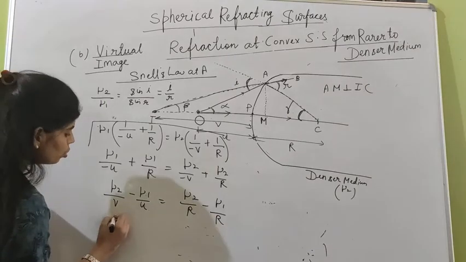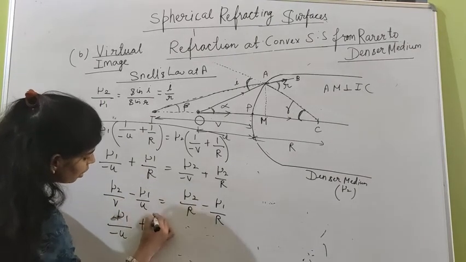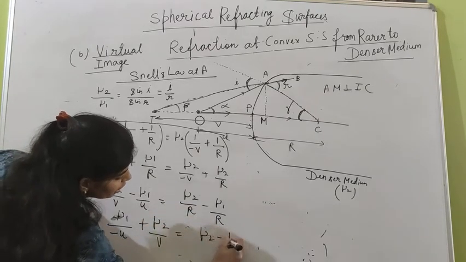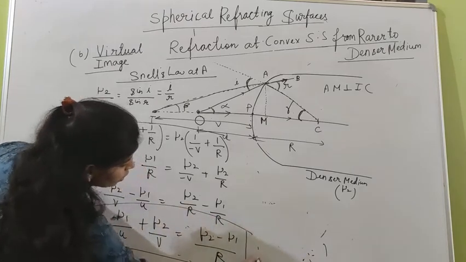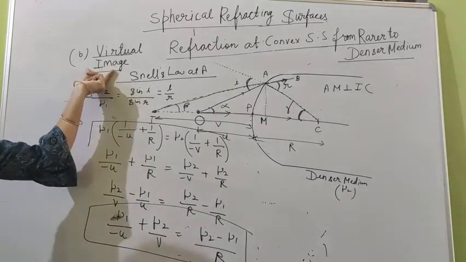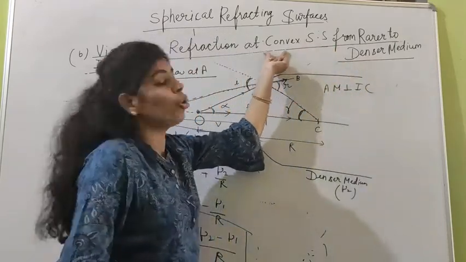Now we can write one more thing: mu1 by minus of u plus mu2 by v is equal to mu2 minus mu1 by r. This is the result for the virtual image when refraction takes place from rarer medium to denser medium at a convex